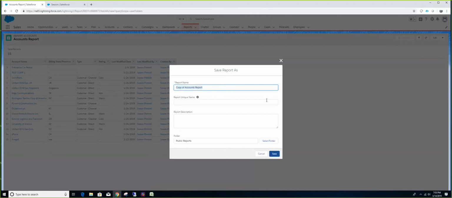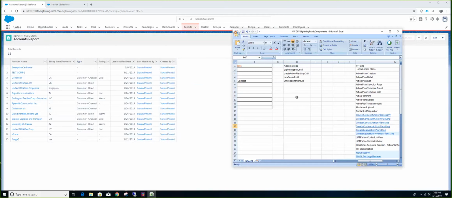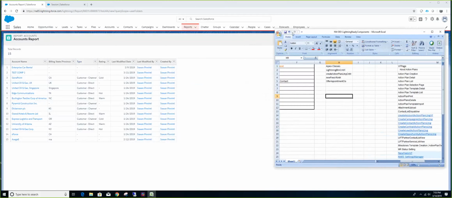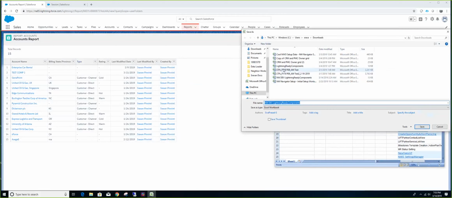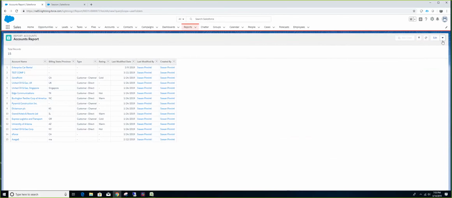You have save as. Save as is nothing but if you want to create your own version, it's just like a file. If you have an Excel, if you hit save, it saves like that. But if you hit save as and give it a different name, it would save a different copy of that Excel. Here is an Excel. This is already there. Now I can just click this and hit save as and give a different name. What would it do? It would create the exact same copy of the file. In the same way, this is a report. You can either click save or you can click save as to save a copy of this report.